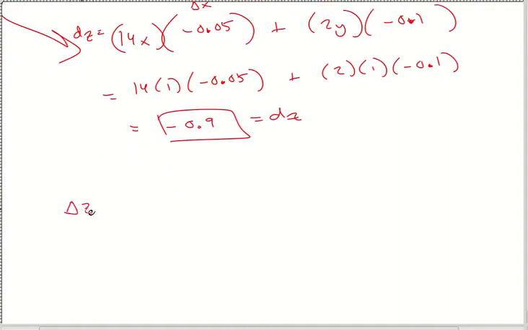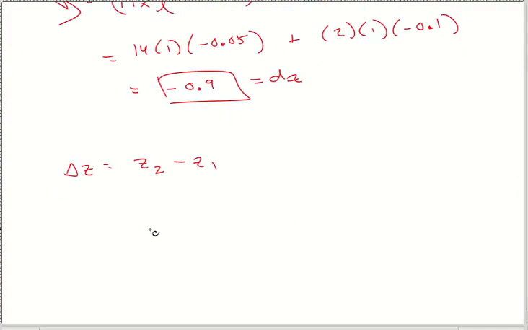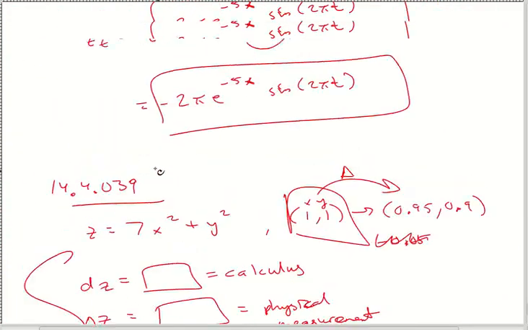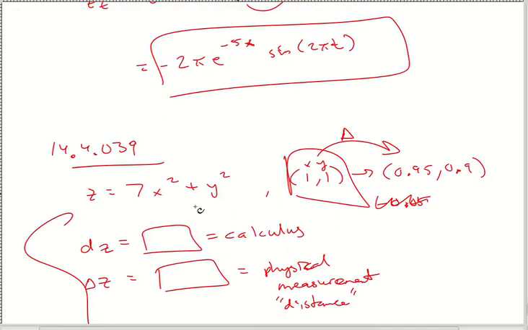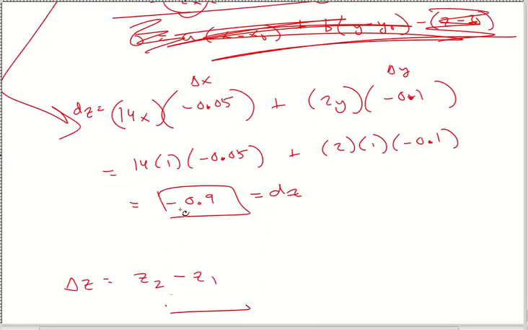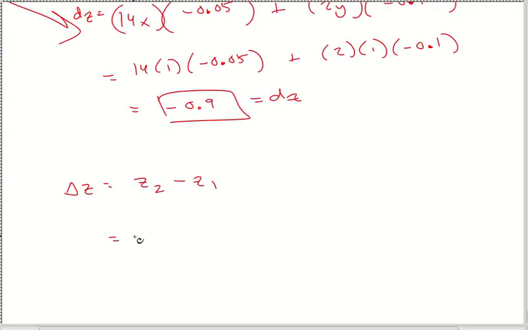Your delta z is very easy. It's actually, here's a funny little formula, z sub 2 minus z sub 1. You're just taking a difference between them. But your z formula is this guy right here. So what I'm going to do is plug in each of those points individually. So first off, I'm going to say my second one was where I was going to. This is terminal minus initial. We saw that again back in vector land. These are all connecting ideas and thoughts. So I got